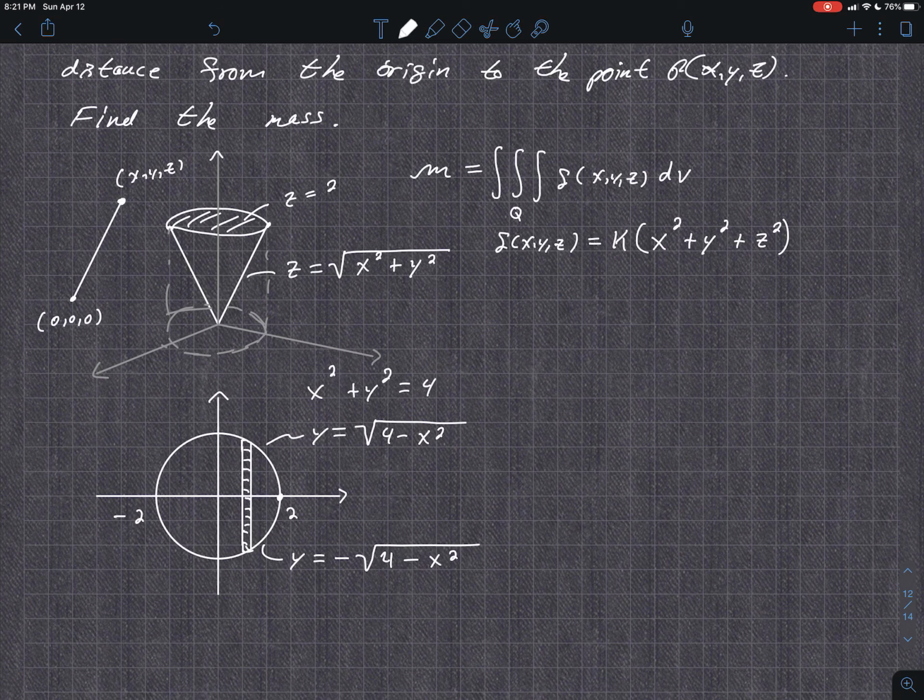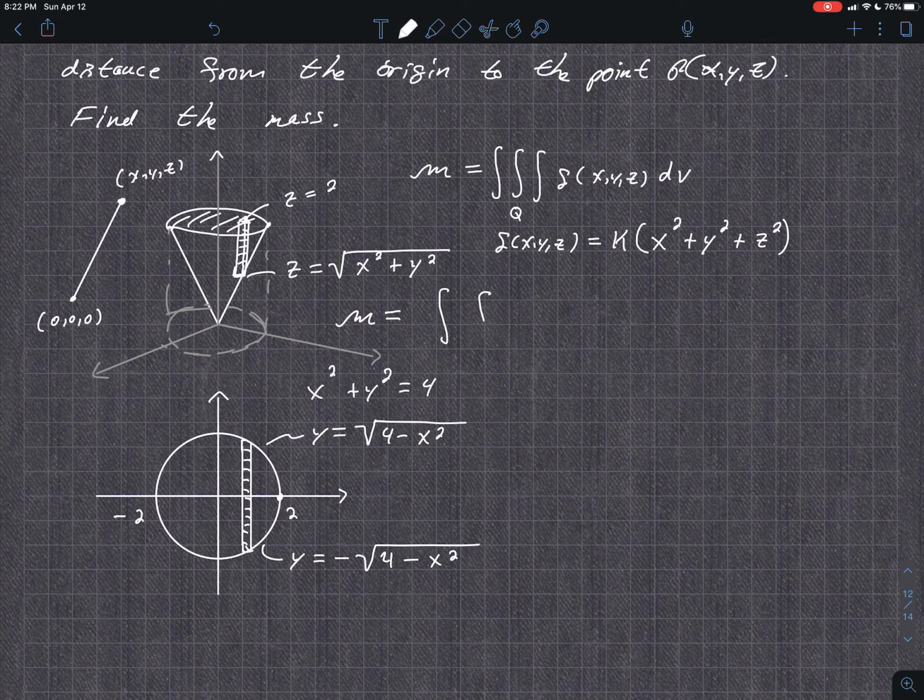And first you go from the lower function to the upper function in the 3D case up here. So z equals the lower, root x squared plus y squared, to the upper, which is z equals 2. So your mass is equal to